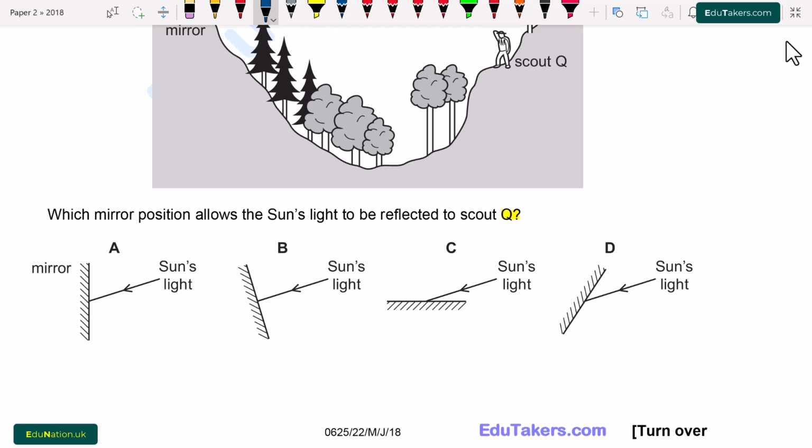angle of reflection. In the first option A, if I draw here a normal line, which is any line that is perpendicular to the mirror, and then there will be a reflected ray like this, so that the angle of incidence will be equal to the angle of reflection. So option A is correct. In all other diagrams, the law of reflection does not hold. That's why these are not correct positions. Only option A is correct from here.